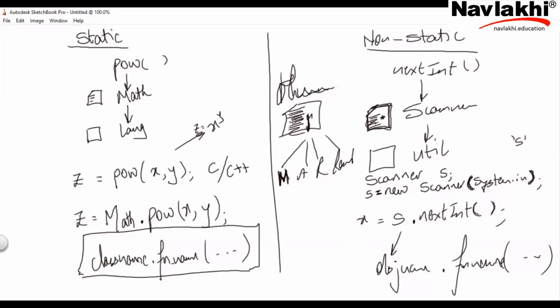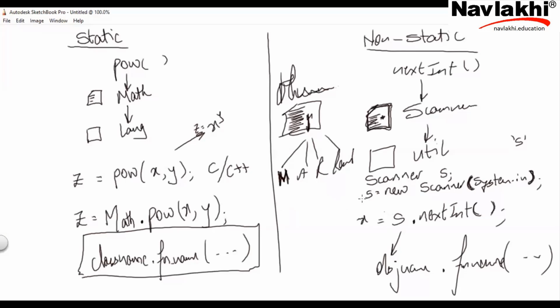So for example, if I take this human example, it could be something like human m is equal to new human. Think about it. Parameters may not be there. We have to always add new in front of the constructor, yes, because you want a new child of this constructor. And then with m dot you access. The scanner after the new is a class or is it a function? Function, round bracket.